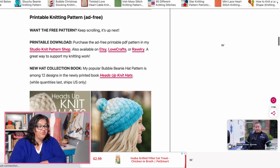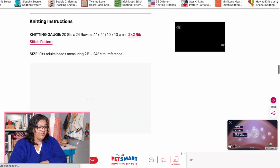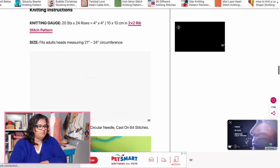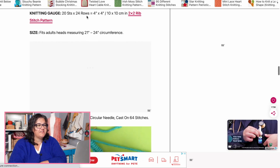So you can get the pattern right here. I'm not sure how many sizes this is. Oh, and there's a video tutorial as well. Okay, it looks like it's just one size, so you can find the tutorial here, and there's a video as well. Okay, let's go look at her other recommendation,